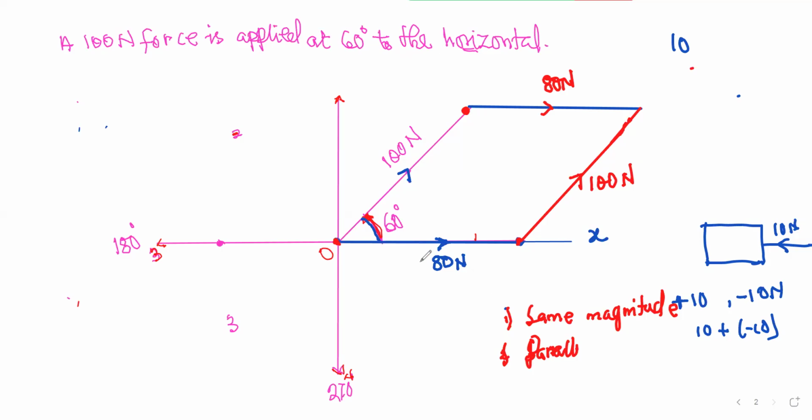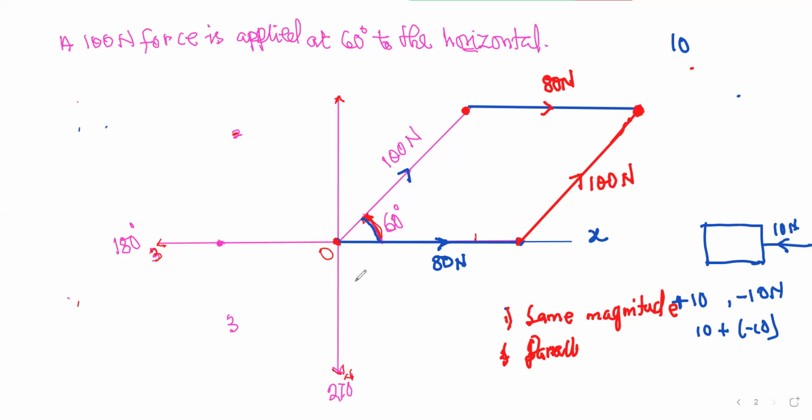If 80 is going in this direction and 100 is here, then I can confidently say that they are all coming to this point. Isn't it? Yes, sir. If 80 is going here and 100 is also continuing from 80 in this direction, then both 80 and 100 are coming to this point. So the resultant is what you get if you want to come here.